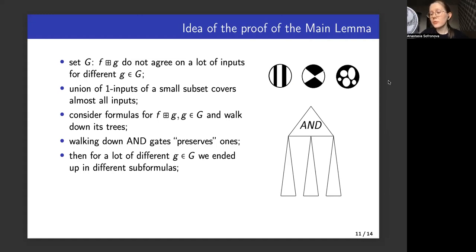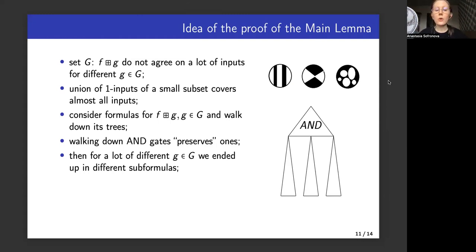I want to say that this subformula must output 1 on all 1 inputs of all those functions. And that means that this subformula, in fact, outputs 1 on almost all inputs, because the union of 1 inputs of this large subset of functions covers almost all inputs. Which means that this subformula we ended up with is almost trivial.